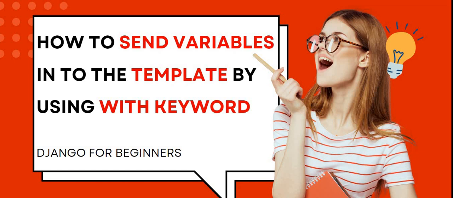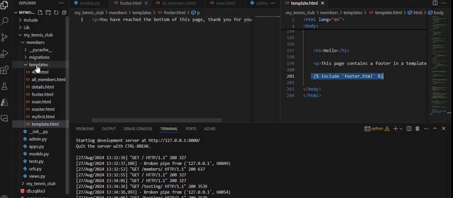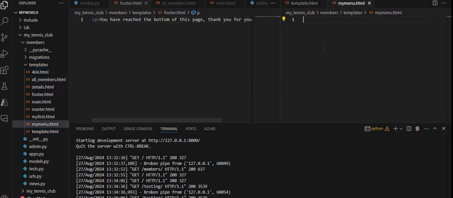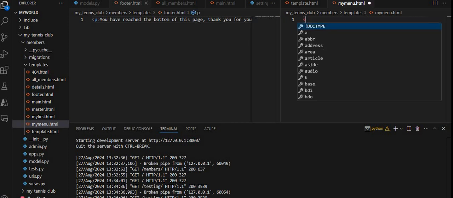As I told you earlier, you can send variables into the template by using the with keyword. Let's see what I am saying with the help of an example. I just open my VS Code, and inside my templates I am going to create another file with the name my_menu.html, and inside this I am going to use the div tag, and here Home, and inside these curly braces